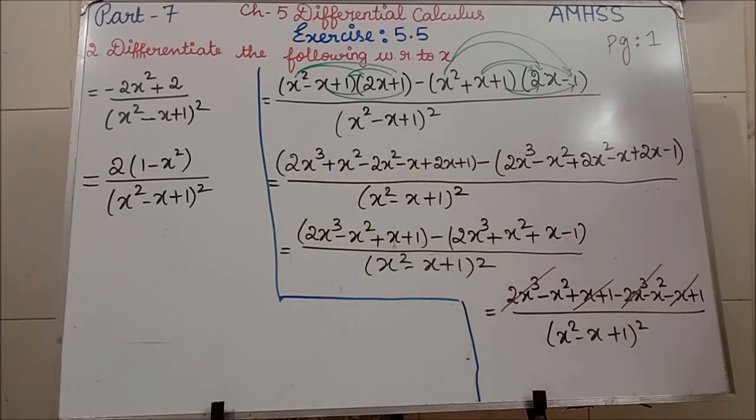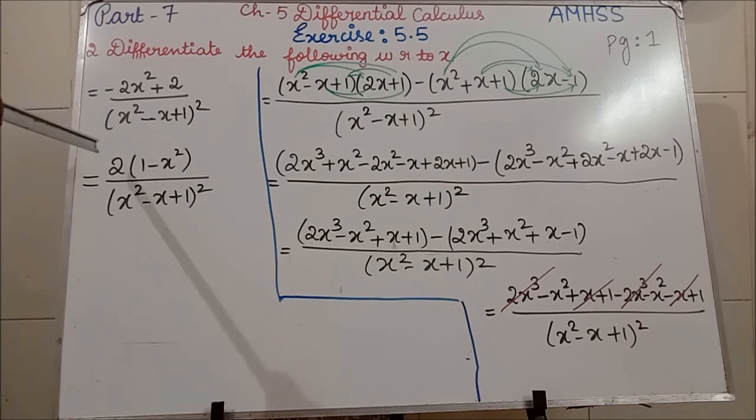Okay. See, in the numerator both the terms have 2, so we can take the 2 commonly out. See, I have taken the 2 commonly out. So if I take 2 commonly out, I write the first positive term, 2 into 1, this term. Then 2 into minus x square, this term, divided by the denominator. Clear, students? For this problem in the book, they have given the wrong answer, so this is the correct answer. Clear, students? Next we'll see the third subdivision.